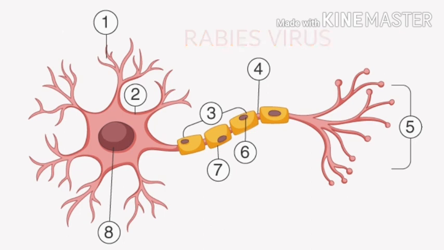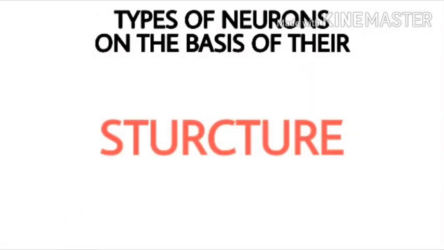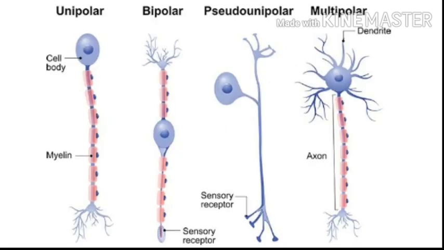Now let's proceed. Types of neurons on the basis of their structure. Now let's take a look at the variety of neurons here. We can see unipolar neurons, we can see bipolar, pseudo-unipolar, and multipolar. Now unipolar neurons and bipolar neurons, these two neurons are sensory neurons. And what are sensory neurons? We'll discuss that. Unipolar neurons have a long process emerging out of the cell body,